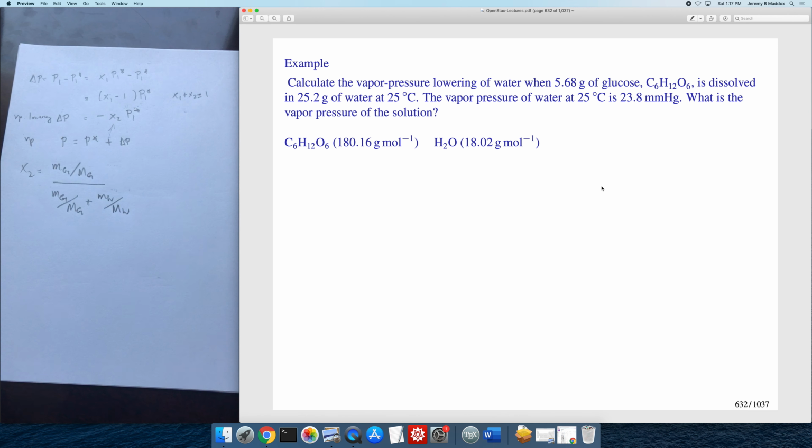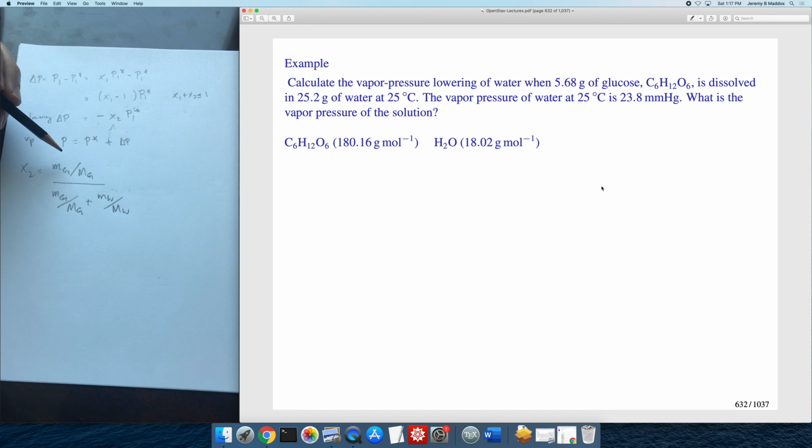So I'm just going to do that on my calculator here real quick. I'm going to take the 5.68. I'm going to divide that by 180.16. So that gives me 0.0315 moles in the numerator divided by quantity,